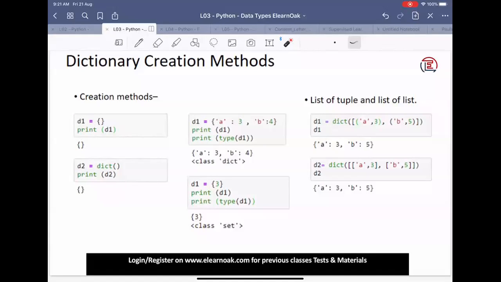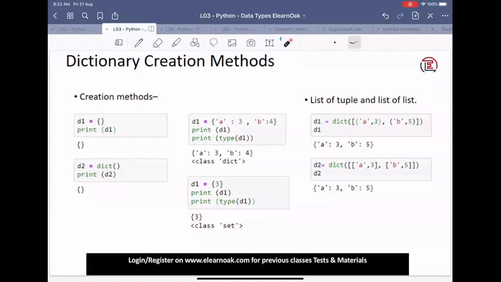Okay, excellent. We are passing a list to the dict function, and we can know we are passing a list by seeing that we have open and closed square brackets. And this is a special list. This list has its elements as tuples. So there are two tuples as the elements of this list, and each of these tuple elements has two values. The first value will be interpreted as a key. The second value will be interpreted as a value. Okay. So A becomes the key, 3 becomes the value, B becomes the key, 5 becomes the value.